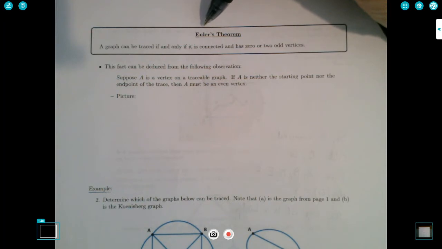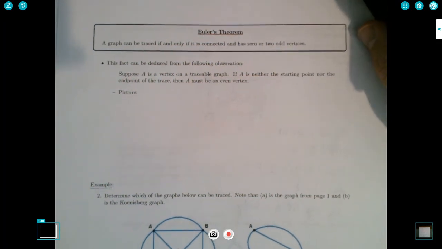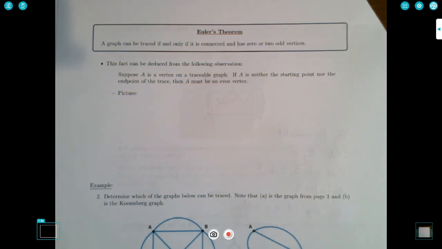Euler was from the Netherlands or Germany or something. But the way you pronounce his name is like oil, right? Euler. Okay? Euler's theorem